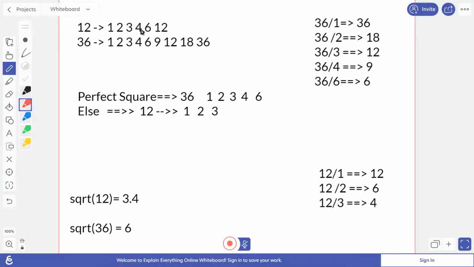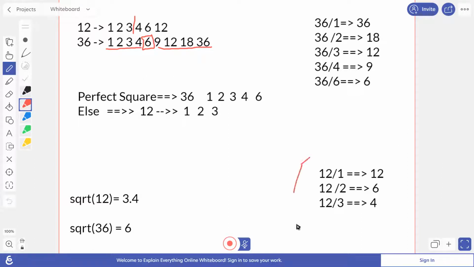The boundary case is that in the case of 12, we can just go 1, 2, 3 and 4, 5, 6, but in the case of a number that is a perfect square, one number will be in the middle, so we have to skip that number. We have to just go 1, 2, 3, 4 and we will get 9, 12, 18 and 36. The first thing that we need to do is to find out whether the number is a perfect square, and we are going to see that in a while. But once we find that the number is a perfect square, we are just going to go one less than the square root that we found, and then we can simply calculate this.